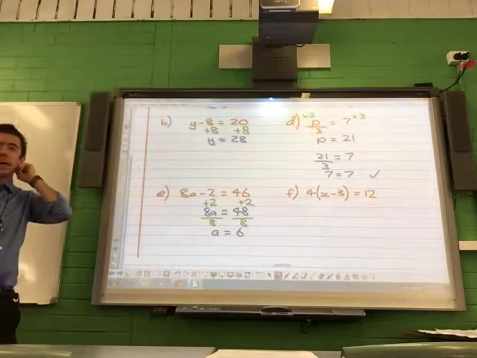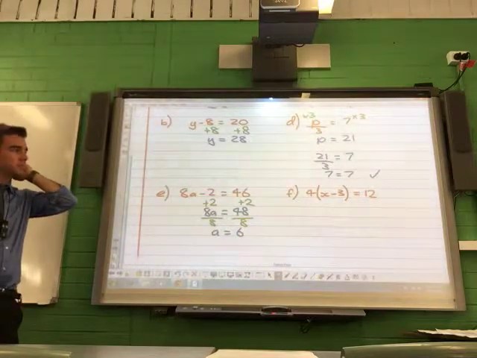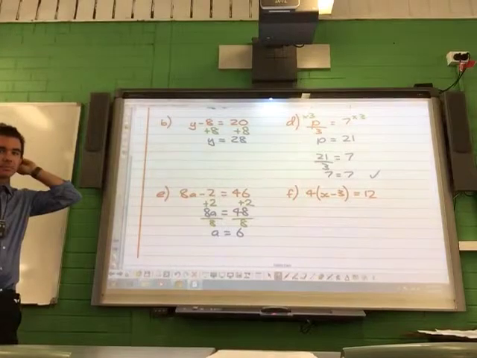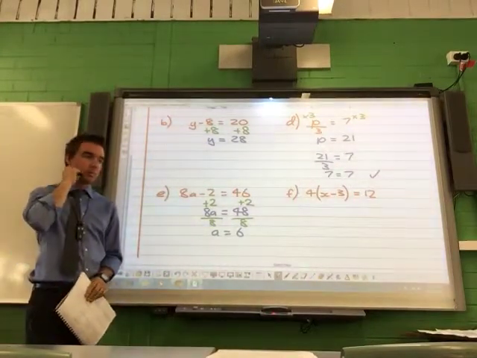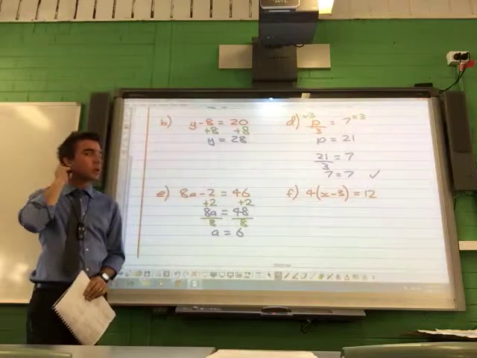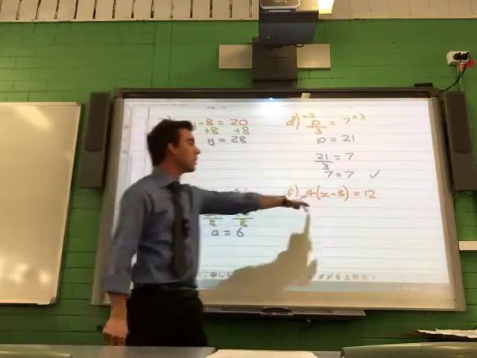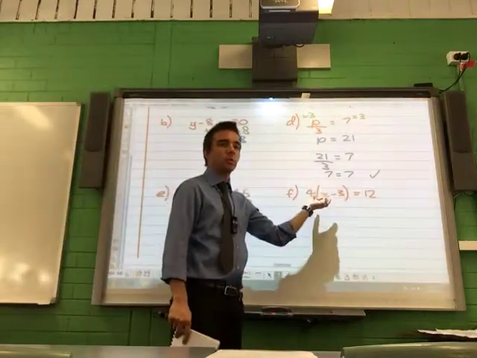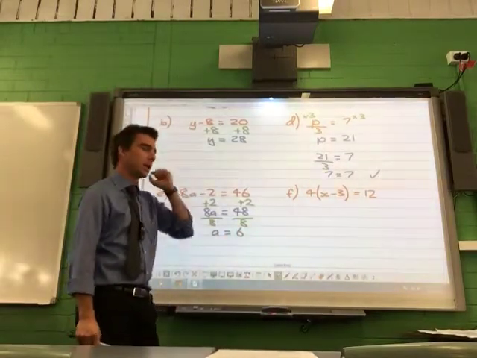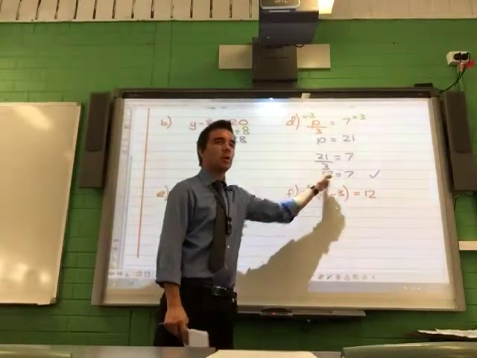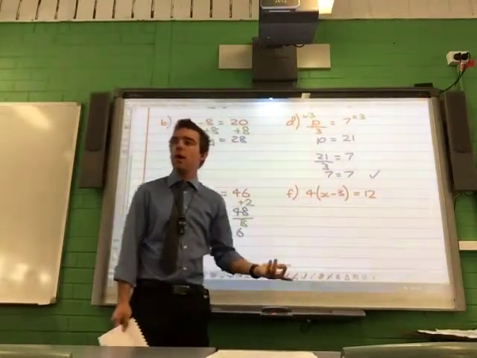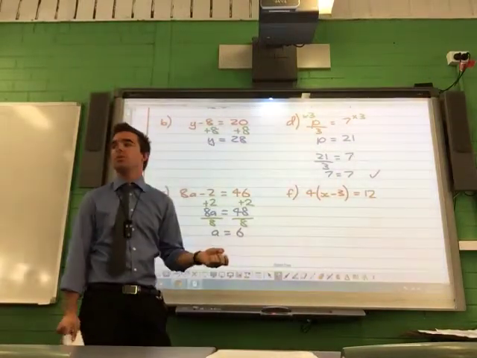Right, when you have grouping symbols, there's one of 2 things you can do. Okay, the first option you can do is you can expand and remove the grouping symbols like we've done in the previous topic. Okay, the other thing you can do, because 4 is multiplied by everything inside that bracket, and the last thing we do in our order of operations, so the first thing we do in our order of